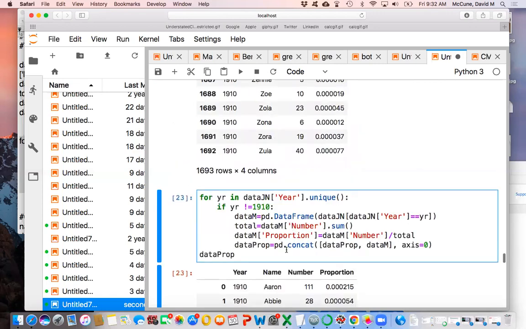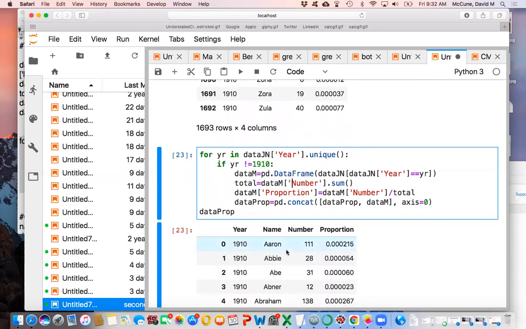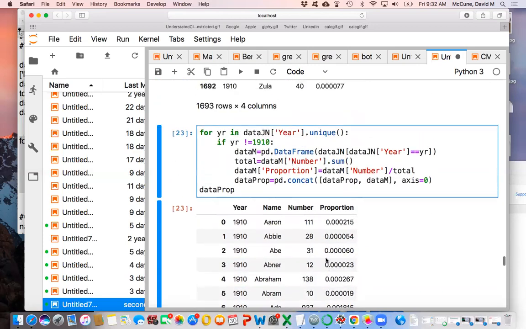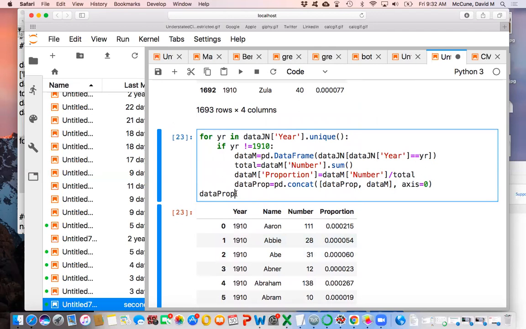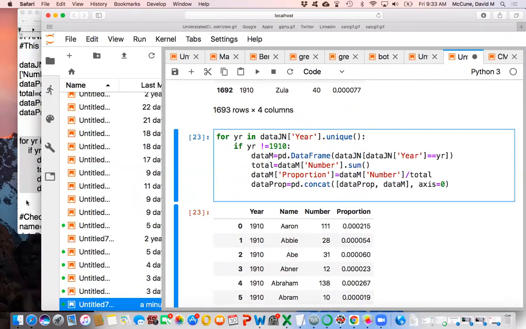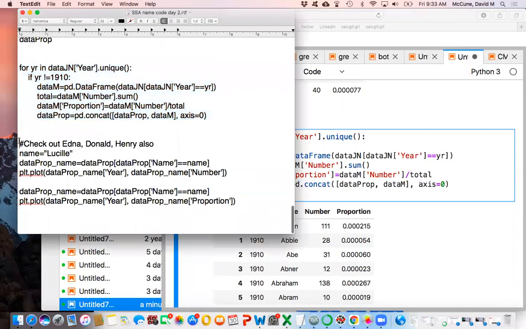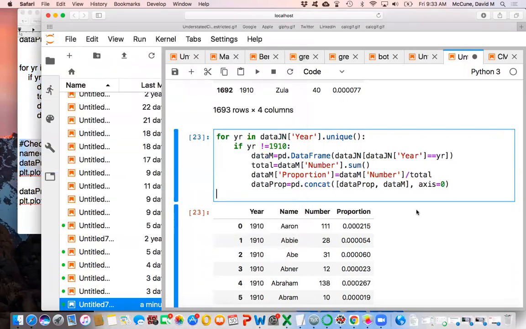So anyway, concat is just for every year. It's throwing that year's worth of data at the bottom of this table. It's creating it as it goes. So I may have just overkilled my answer to you, or I may not have answered your question at all. Does that make sense, Karis? Yeah. Okay. Other questions on this? Okay, so let me just show you the last little thing you can do with this.